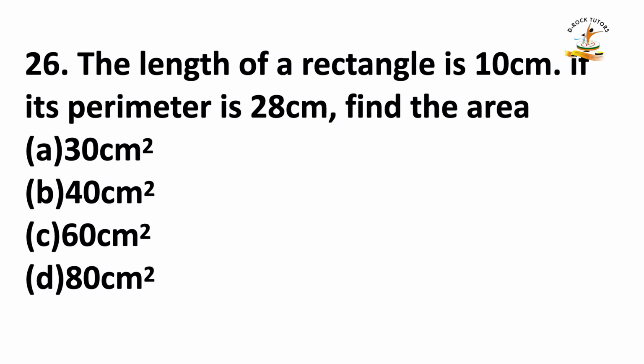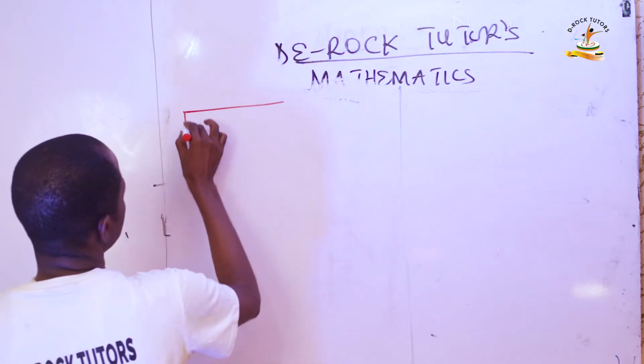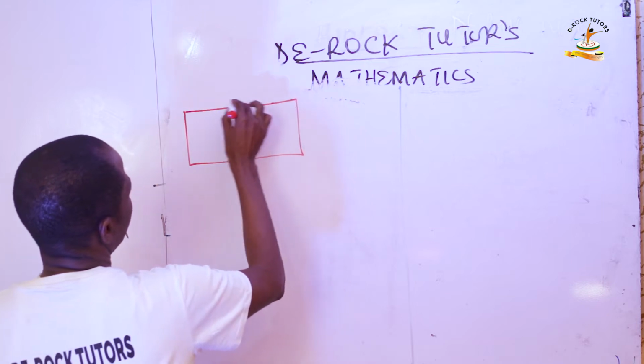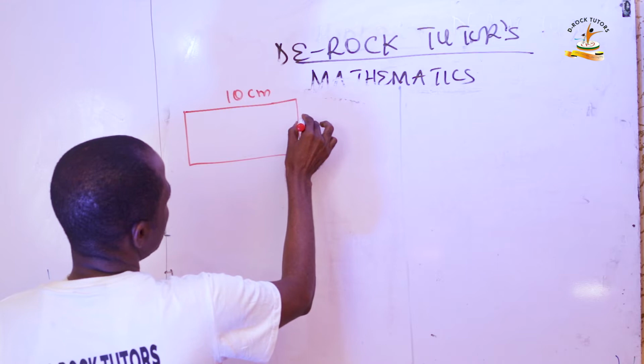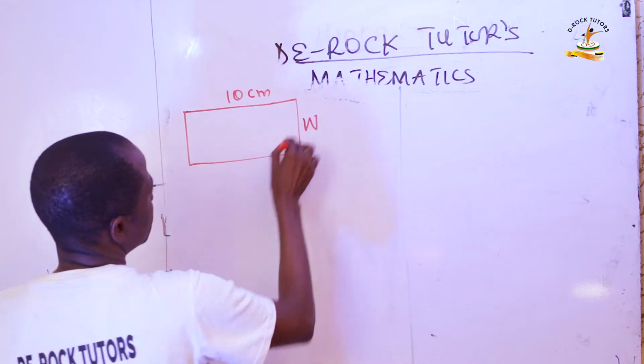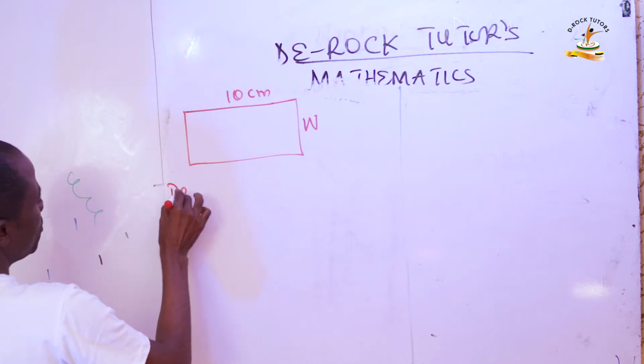The length of a rectangle is 10 centimeters. If its perimeter is 28 centimeters, we have to find the area. So if this is a rectangle of length 10 centimeters, according to the question, we don't know what the width here is. So the width is unknown, but we do know that perimeter